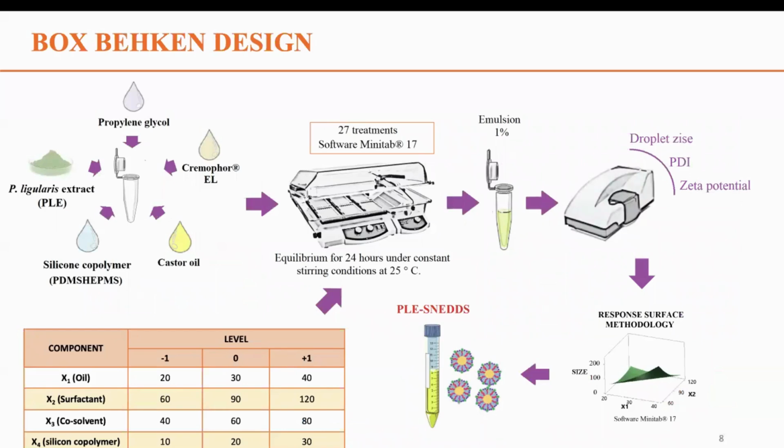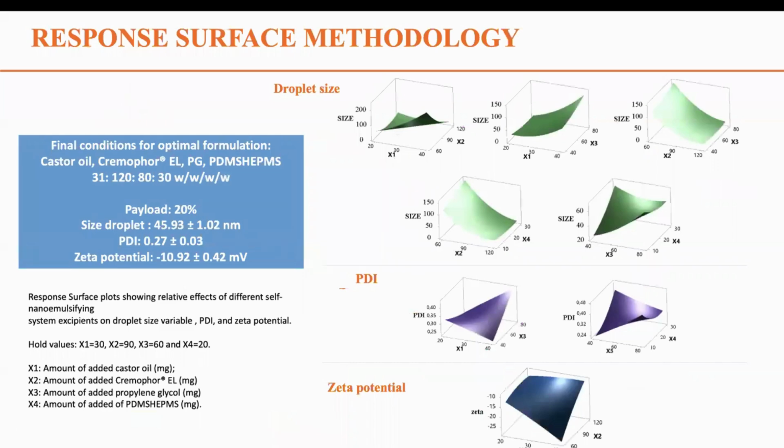In this study, a Box-Behnken experimental design was employed in order to determine the effect of the oil, surfactant, co-solvent, and a silicone polymer on the droplet size, PDI, and zeta potential of the self-emulsifying delivery system. However, only the droplet size was considered for optimizing the formulation, since this property influences the lipolysis process as well as the rate and extent of drug release and its absorption. The response surface methodology was employed to determine the composition of the self-emulsifying delivery system with the lowest droplet size. Statistical analysis yielded a final condition for the optimal formulation with castor oil, Cremophor EL, propylene glycol, and the siloxane polymer,